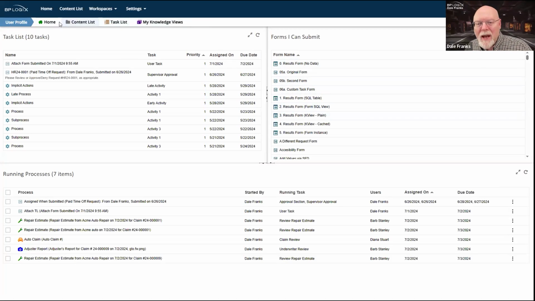It's one thing to have 5 or 6, 7, maybe 8 forms on a normal system to display in the navigation bar. What if it's 12 or 15 or 20 forms that an end user can submit? At that point, it gets very difficult to shove all of those different navigation bars onto a single row. There are some ways around this.